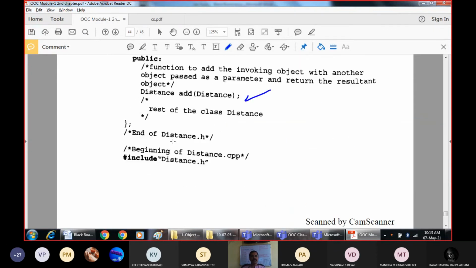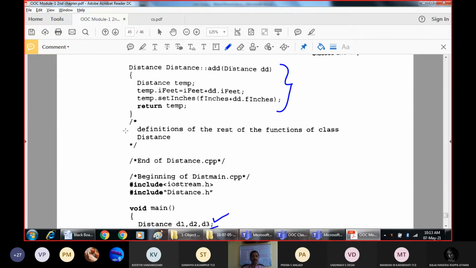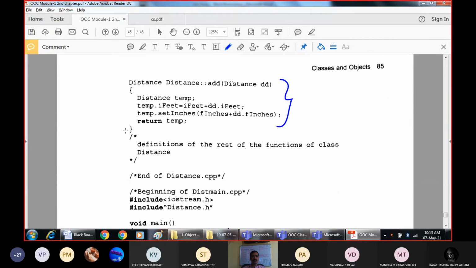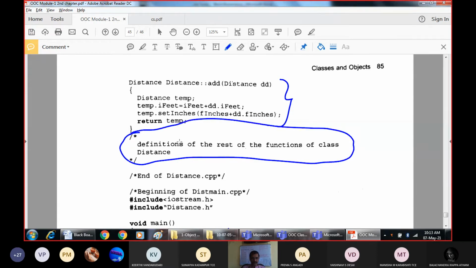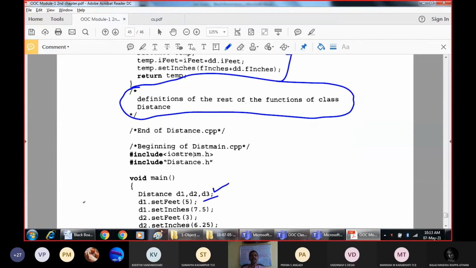The set feet of 5 definition we should write here with the main function. That earlier definition we have written, that part is not written here. Again, I need not explain how set feet will be called. Only this addition function is being called. The definitions of the rest of the functions, which we have already discussed, we have to write here. Among them, this is the definition of the set feet function.